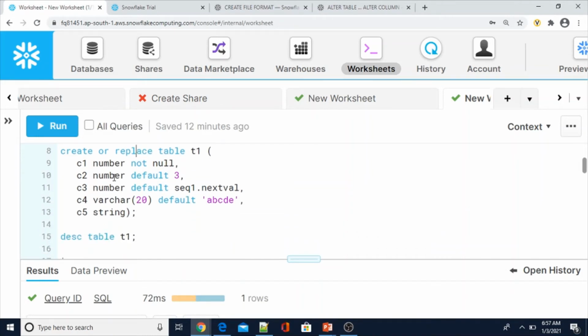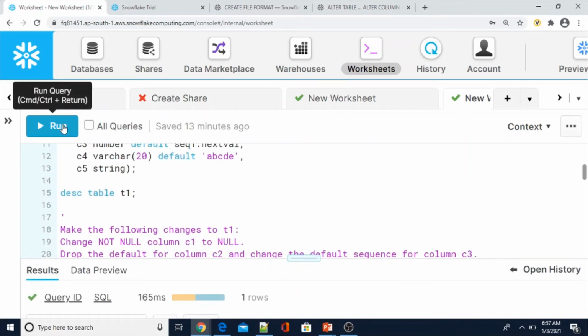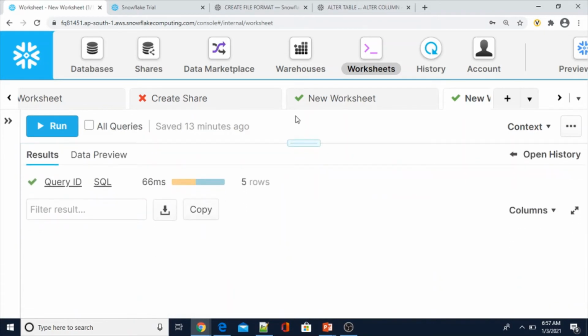See here, I am going to create or replace table 1 with columns column 1, column 2, column 3, column 4, column 5. Column 1 is not null, column 2 is number with default value 3, column 3 is number with default the sequence value which I just created, column 4 is varchar 20 with default ABCDE, and column 5 is a string. Let me create this table. I have created the table, and if you describe this table, describe table name,